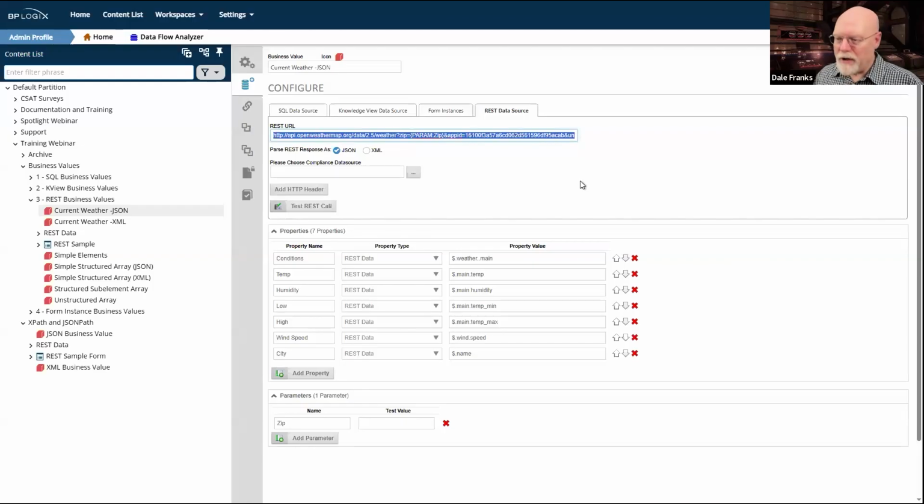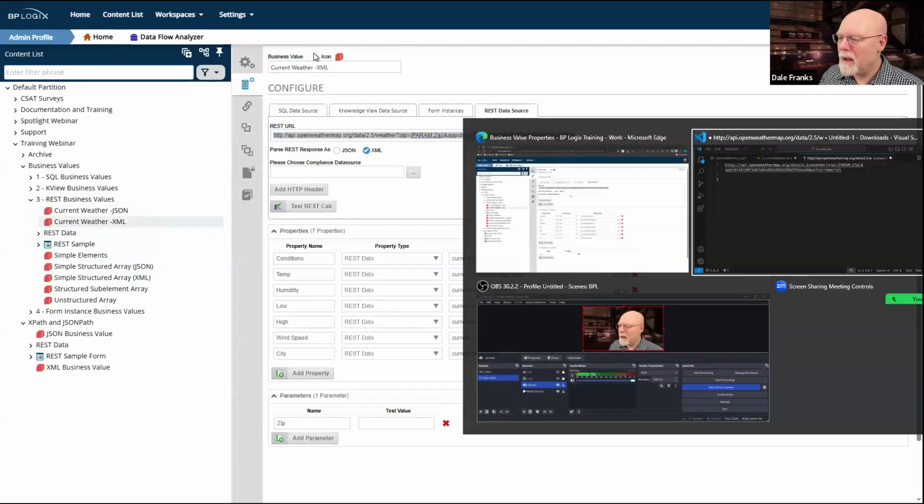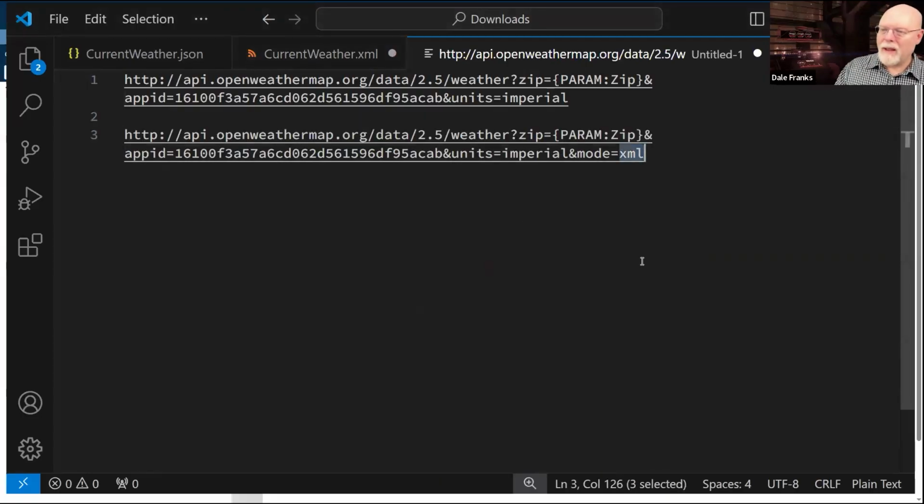There's one URL. And go here, copy. And here's the second URL. The difference between these two URLs is that. That's the only difference because JSON is their default return.